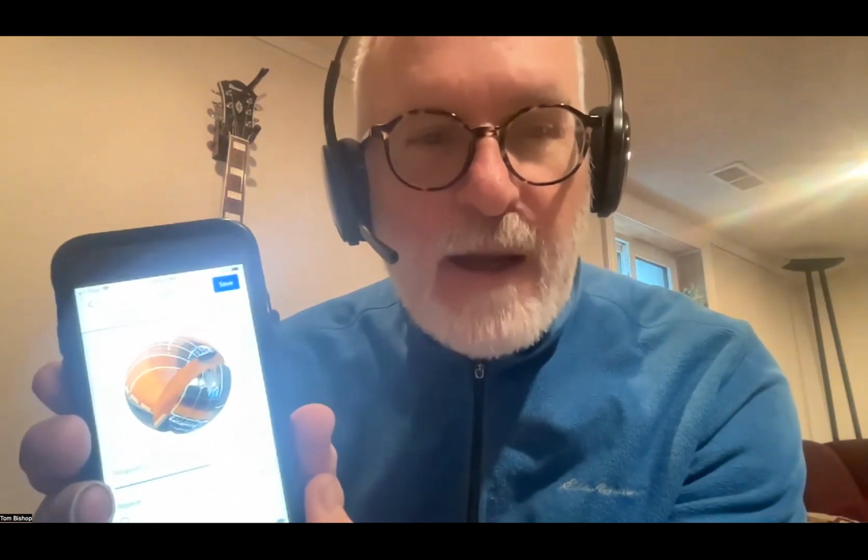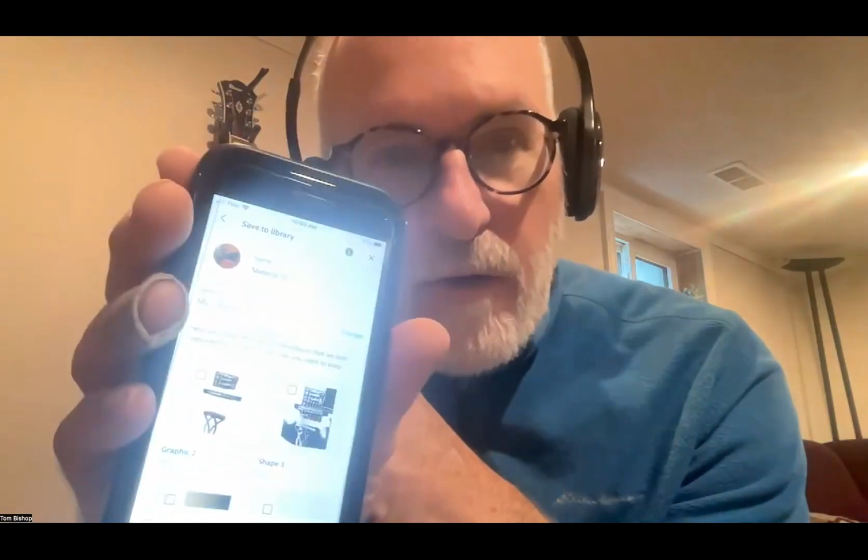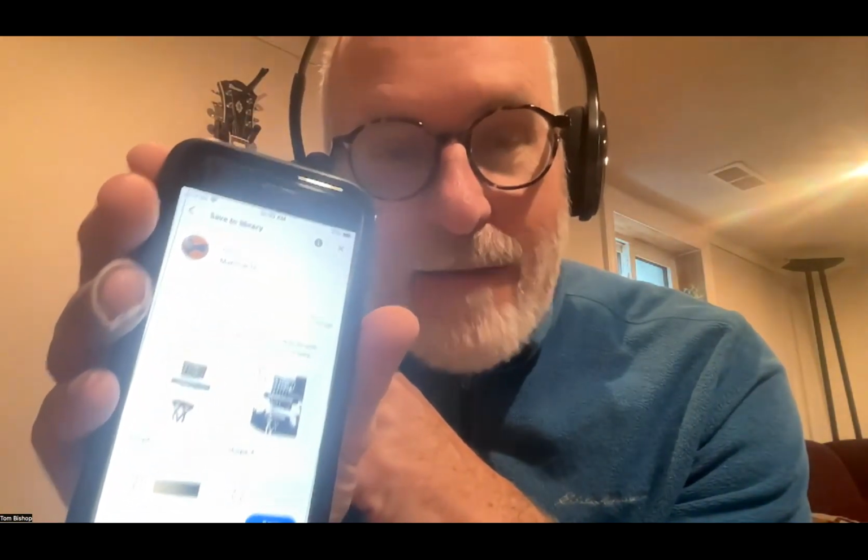So once I say, you know what, I think I'm happy with that, there's a spot at the top. I'm going to hit save, and then it says, cool, where do you want to save that? I want to save it to my library. If you don't have a library yet, you may have to make one, and I'll show you in a second inside Creative Cloud where you make one. But you want to put this on your own library, and you want to save it with a name that you can find. So I'm going to call this guitar,